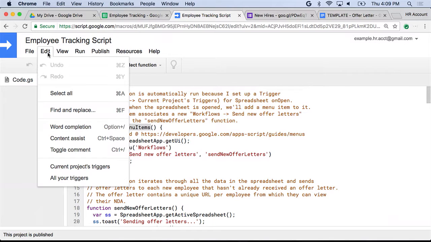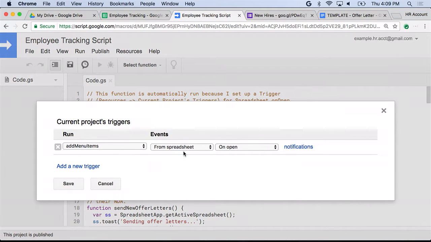Every Google Doc, or I'm sorry, every app script has this current project triggers. You can edit triggers with your app script. And here I'm saying when I want to run the add menu items function, when there's an event from a spreadsheet on open. So whenever anyone opens the spreadsheet, it will run this arbitrary function that I made and run